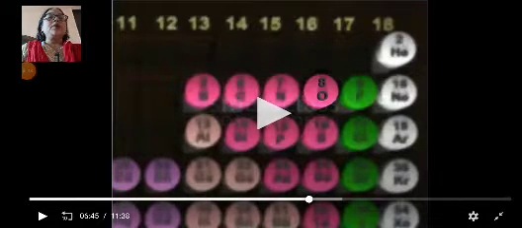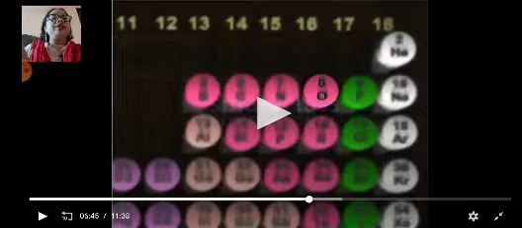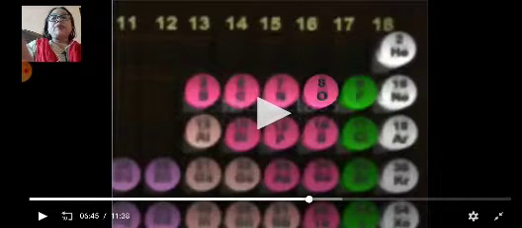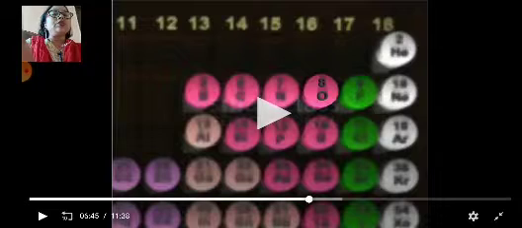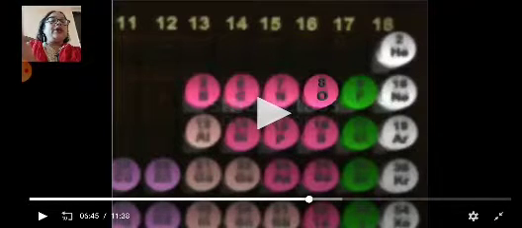Good morning everybody. In the last video, the electronic configuration of atoms part 1, we learned about certain rules for filling electrons in orbitals: the Aufbau principle, which is based on the Pauli exclusion principle, Hund's rule of maximum multiplicity, and the relative energies of the orbitals. According to these rules, we can find out the electronic configuration of some elements. So today we are going to learn the electronic configuration of some elements.